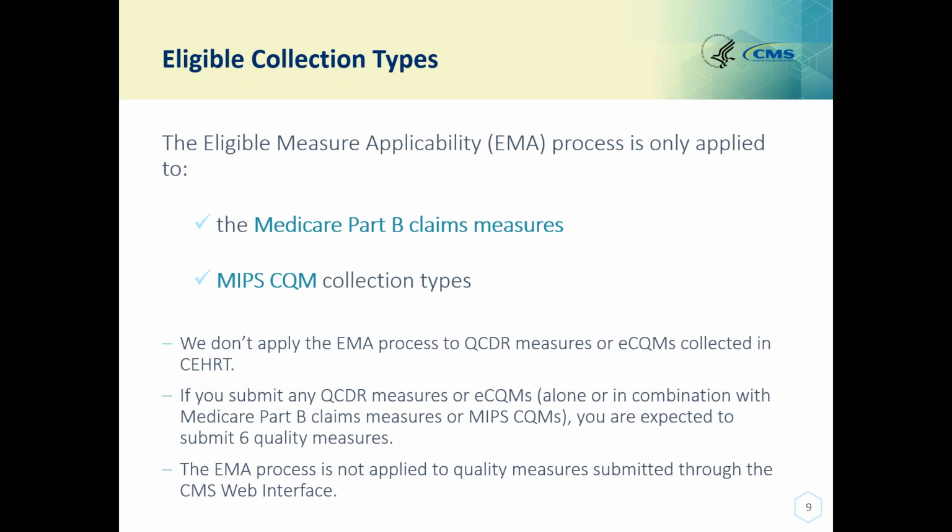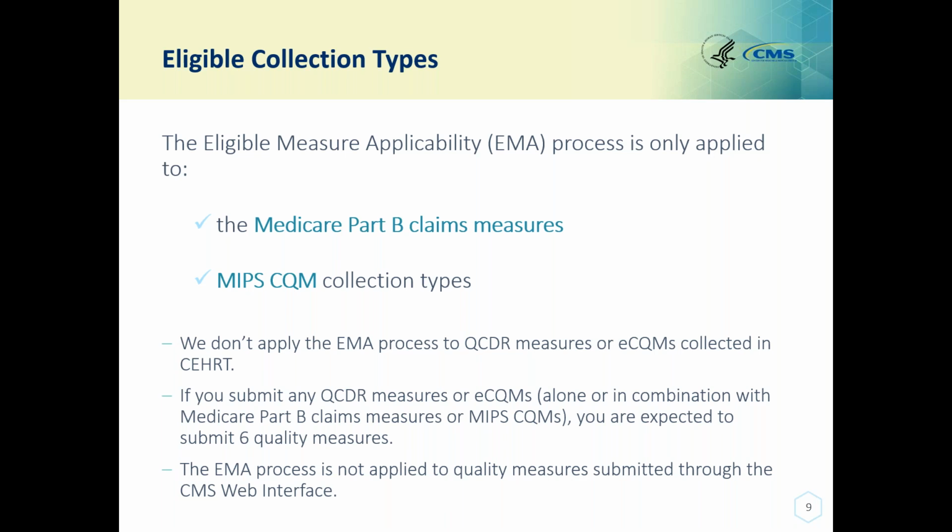All right, so eligible measure collection types are applied to 2 of those 6 submission collection types that we had just identified, which is the Part B claims and the CQMs. EMA does not apply to QCDRs or to ECQMs collected in certified electronic health record technology. If you submit QCDR measures or ECQMs alone or in combination with your claims or MIPS CQMs, you're expected to submit 6 quality measures. So again, that EMA logic is tied to the collection type, and if the process of submissions includes those that exceed that collection type, then the EMA logic is not going to be applied because the system will not look for that